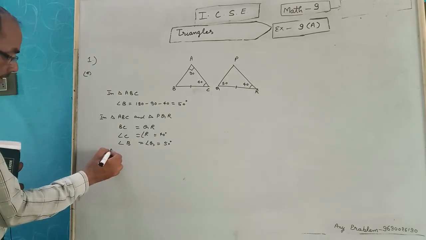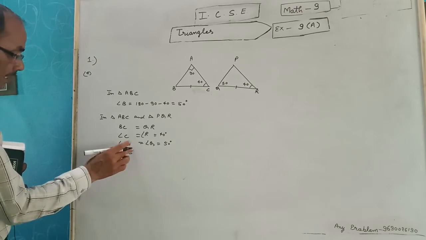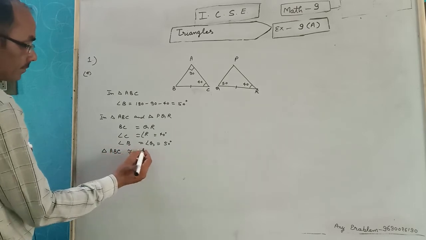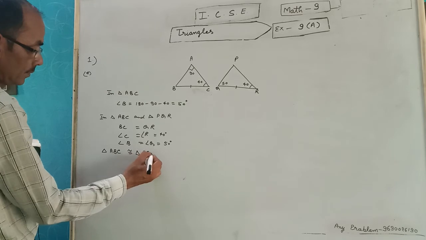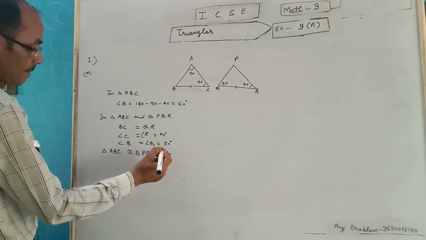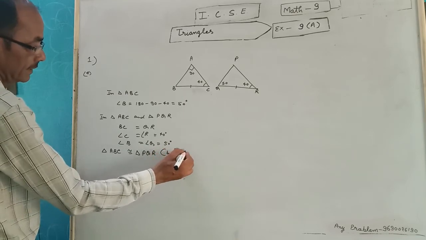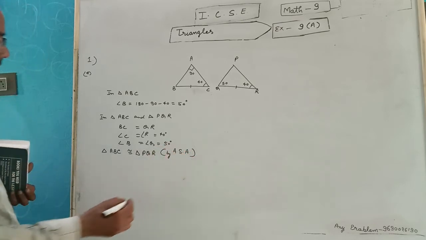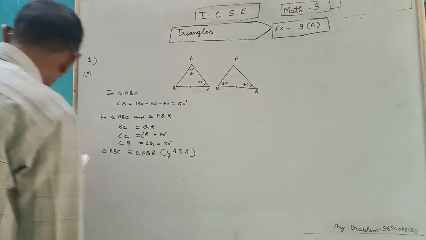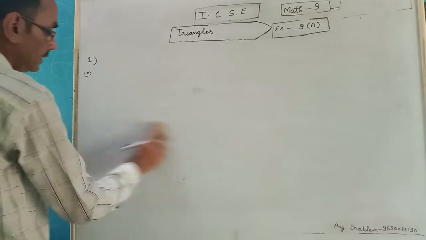Triangle ABC will be congruent triangle PQR by ASA. First question is complete. Second question. Second question is,